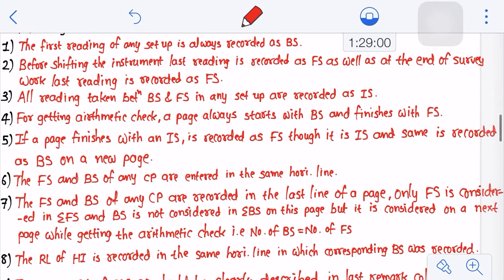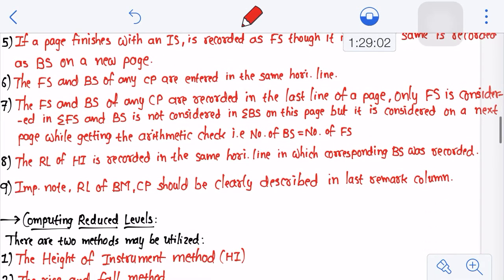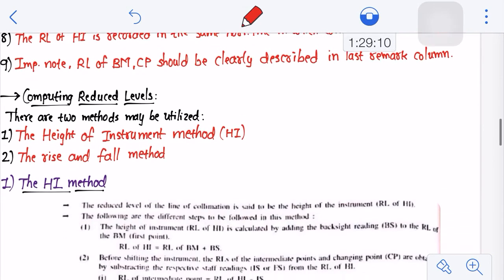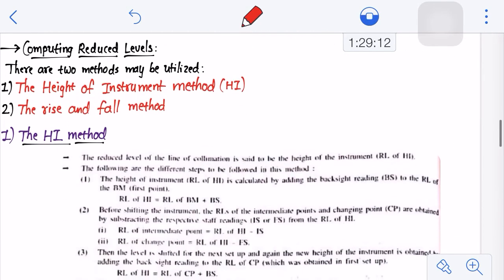It is self-explanatory, right? But these points are always necessary to understand so that you can understand how to record your observation in your record book, right? So now finally we'll jump to computing your levels, how to compute your reduced level for different points by